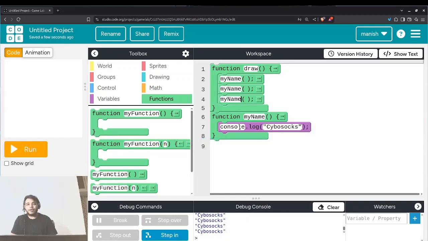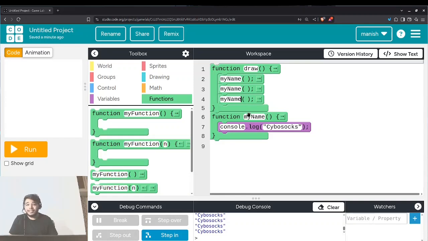Now understand what is happening. Like in a variable, when we assign a value and call it, it gives the value. In a function, we write the function keyword, then declare its name, then we write our code. This is a reusable block of code, because without writing this block of code again, I am executing this block of code. Now whenever we want to execute this block of code, I will just call the function.